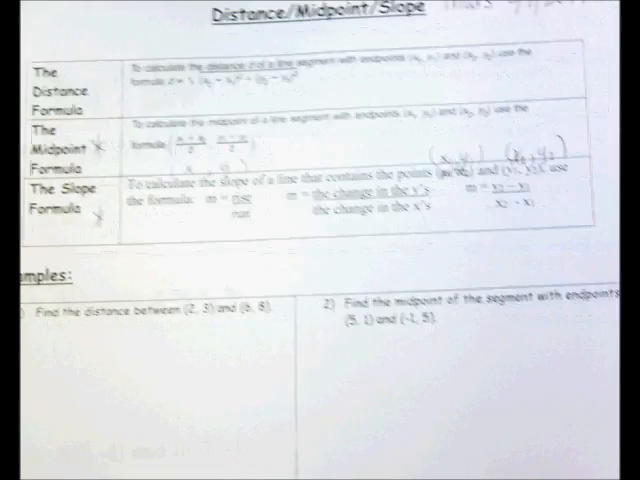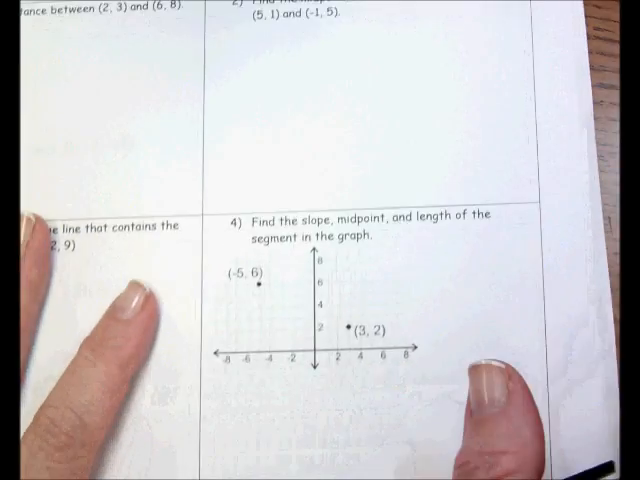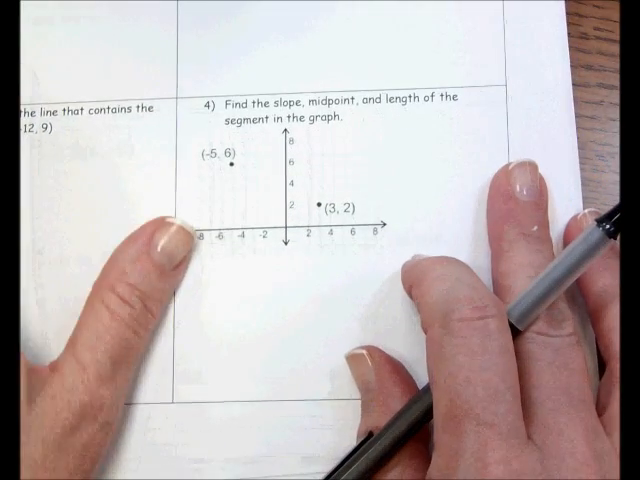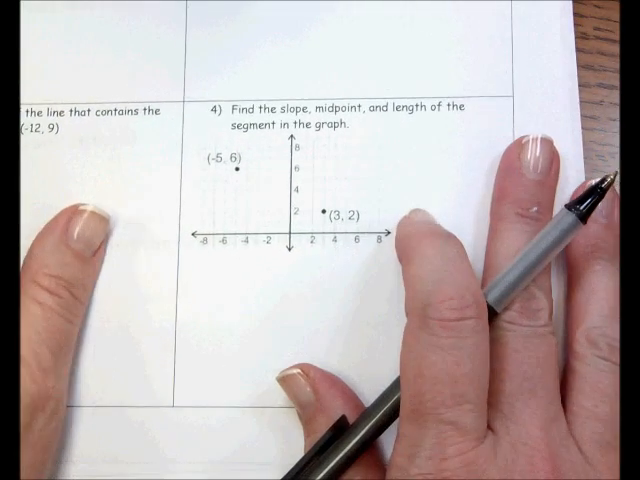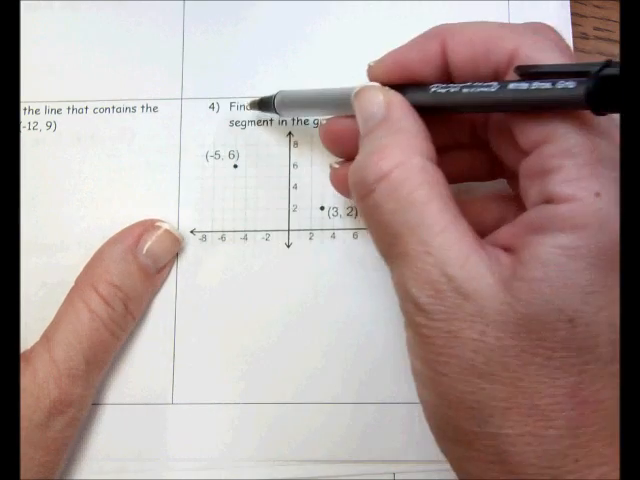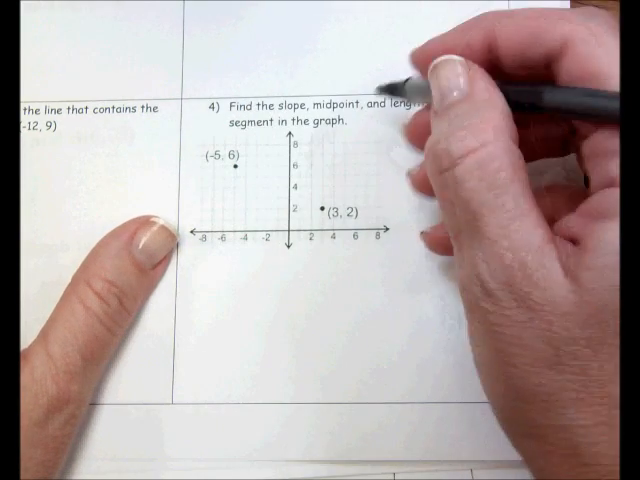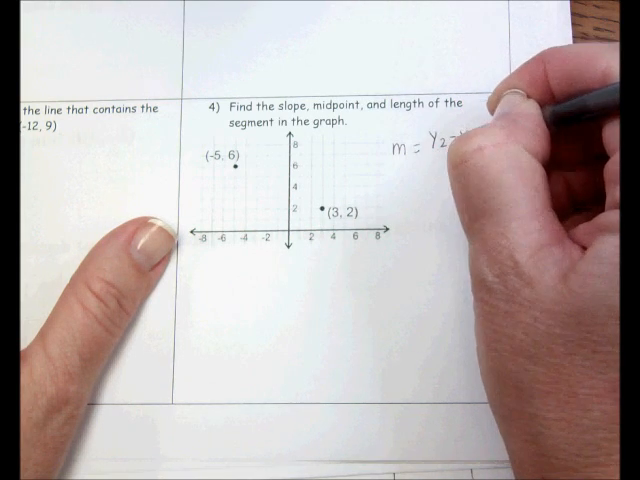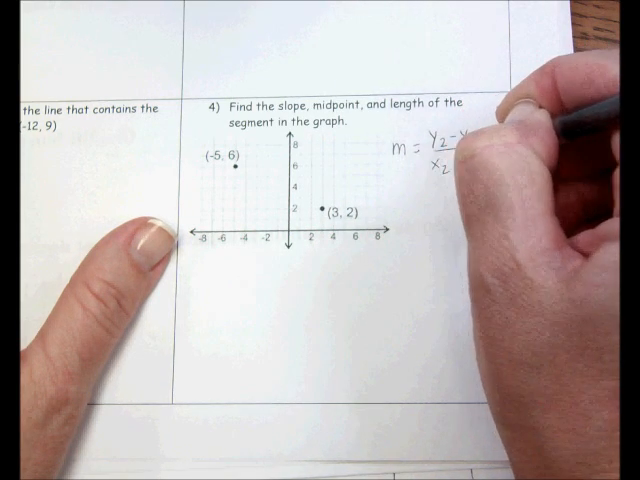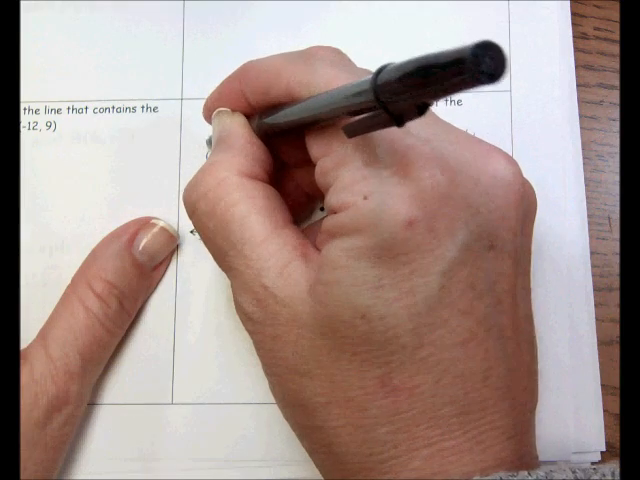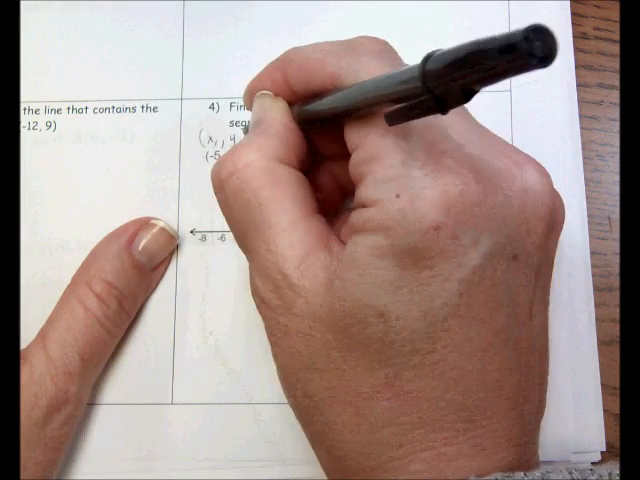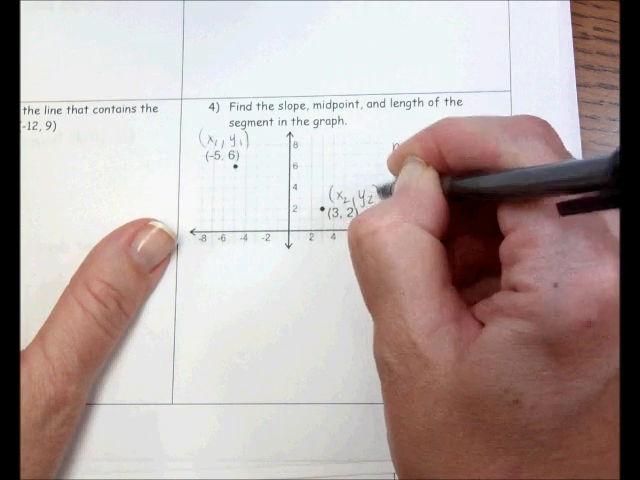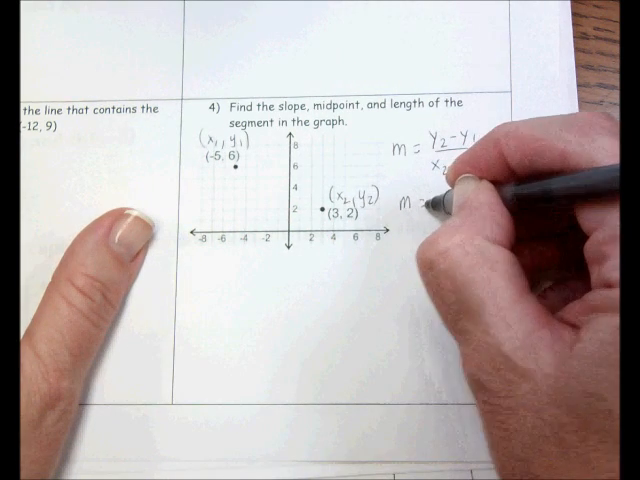And I'm going to work number 4 out. We worked that in class, but I think if you missed instruction, number 4 is probably the most helpful of all of these. The first thing it asks you to do is find the slope. So I just write my slope formula: y2 minus y1 over x2 minus x1. So I'm just going to choose a point, and I can choose any point to be x1 and y1, and just choose the other point to be x2 and y2. Okay? And so m is equal to